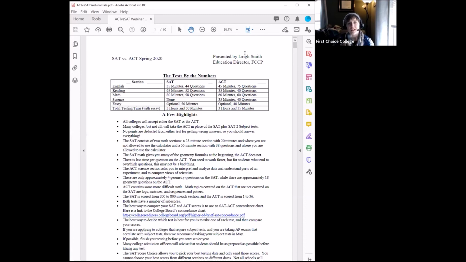Switching over to the reading section of the ACT, here I see some differences, because just looking at those numbers right there, it's 35 minutes, 40 questions. It's 4 reading passages, 10 questions per passage. Even if you didn't have anything to read, that's less than a minute per question. So right off the bat, the ACT reading section is moving more quickly. And when you add in the fact that they're expected to read a passage at the same time that they are doing these questions, you can see how that's going to add up.